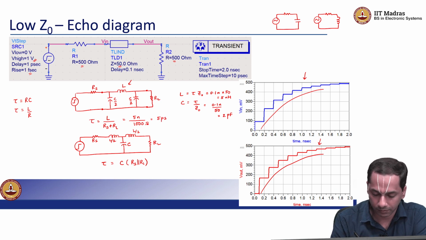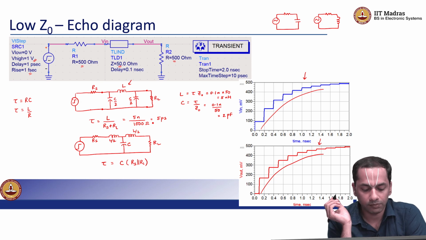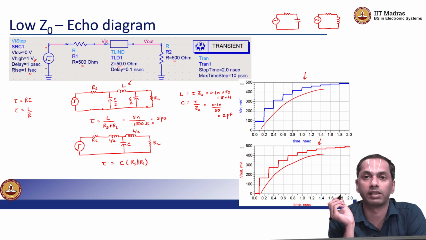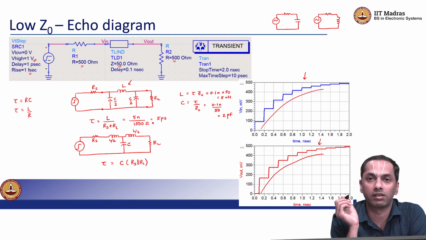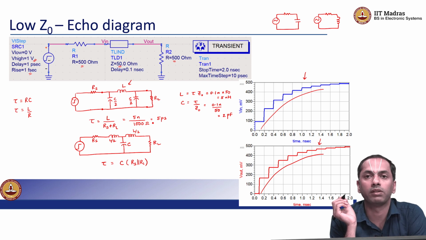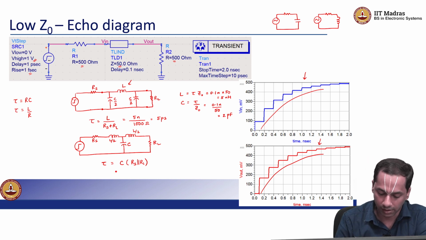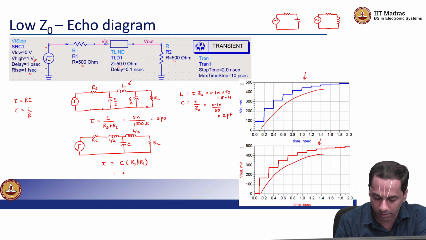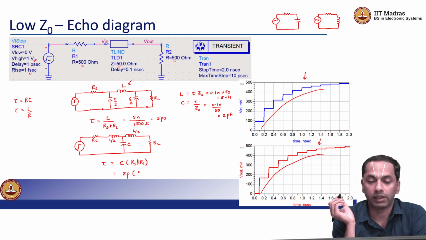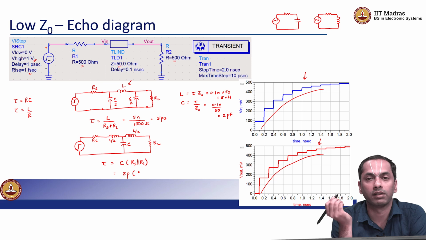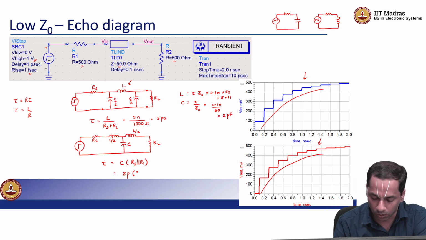Okay. So, the time constant to charge the inductor through these large resistances seems to be 5 picoseconds, right? Whereas in the case of the capacitor, we have 2 pico, right? And then RS parallel RL, they are the same, so it is 1/2 the resistance of the load or the source, which is 250 ohms, which gives us about 500 picoseconds,